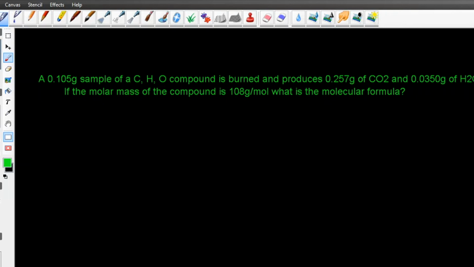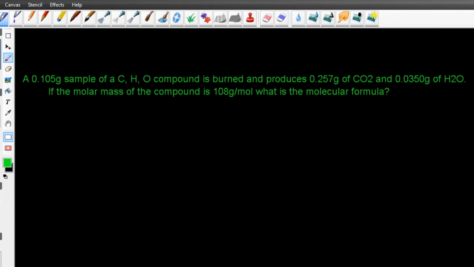Okay, so let's say I have a different type of combustion analysis problem. Let's say that this problem tells me that a 0.105 gram sample of a compound is burned. And again, I'm given a mass of carbon dioxide and a mass of water. But the key piece of information that I'm given in this problem that I was not given earlier is I was given the mass of the original sample. And this mass of the original sample is going to allow me to figure out how much oxygen I had initially as well. But I'm getting ahead of myself. So let's start off with the